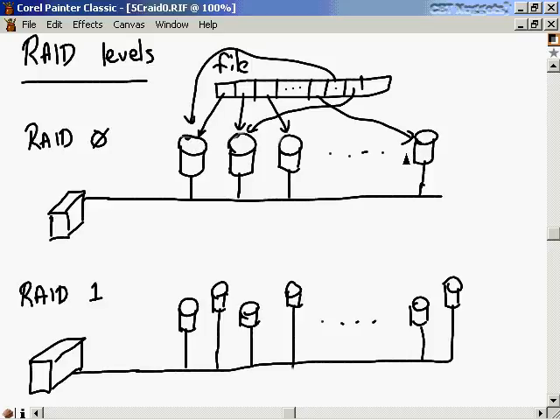So if I want to read this file from the disk subsystem and bring it into main memory, the CPU requests that file, and then in the RAID subsystem, this disk can spin and pull up the first piece, the 11th piece, whatever. This one can pull up the second piece and the 12th piece and so on. And while this one is pulling up the first and 11th piece, this one can be simultaneously pulling up the second and the 12th. This one can be pulling up the third and the 13th and so on. And then all those transfers can happen, and we can reassemble all the data